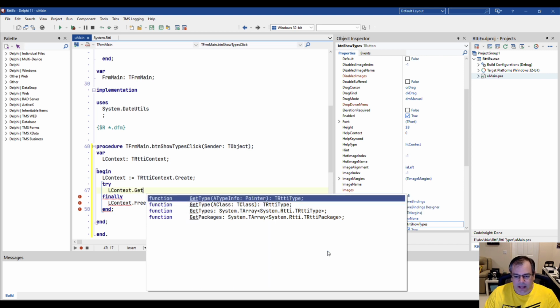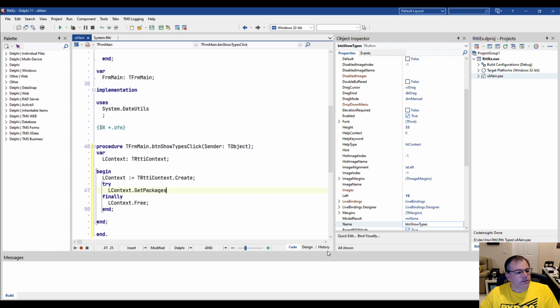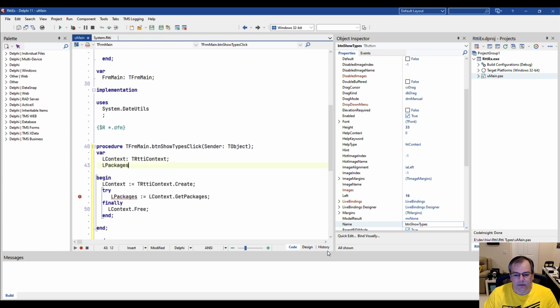So let's say you get a list of all the packages inside of your program right now. So you would assign that to a variable LPackages, for example, and that has to be of type, we guessed it, TArray of TRttiPackage. And with modern Delphi, we can say for each LPackage in LPackages, that iterates all the packages. So LPackage is actually of type